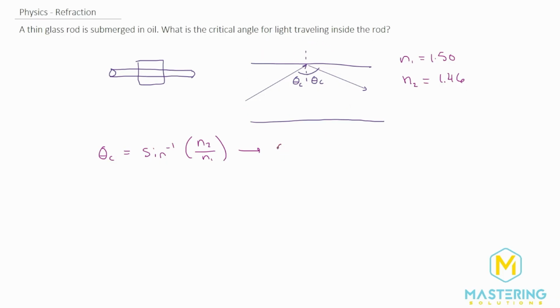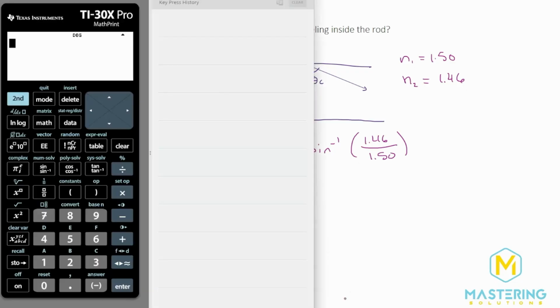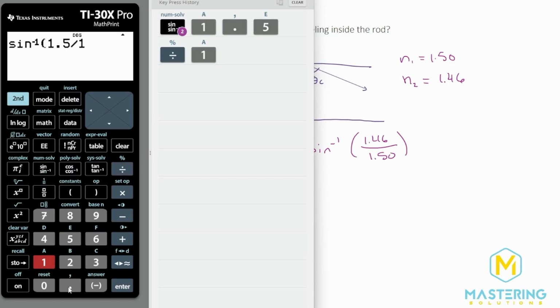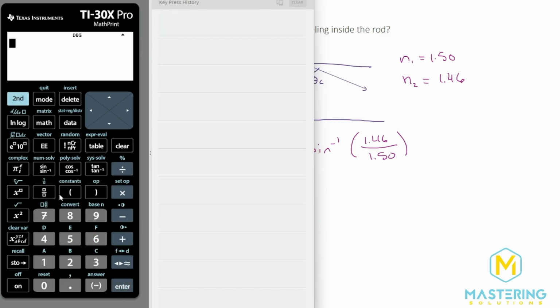So now plugging that in, theta sub c is going to equal the inverse sine of 1.46 divided by 1.50. If you think about this, it needs to have the larger one on the bottom and the smaller one on the top. If you don't, you will get an incorrect answer. And to illustrate my point with that, let's say we get it mixed up and we have the inverse sine and we put the glass on the top, 1.5 divided by 1.46, you're going to get a domain error. So it's kind of fail-proof, I guess, in that way.